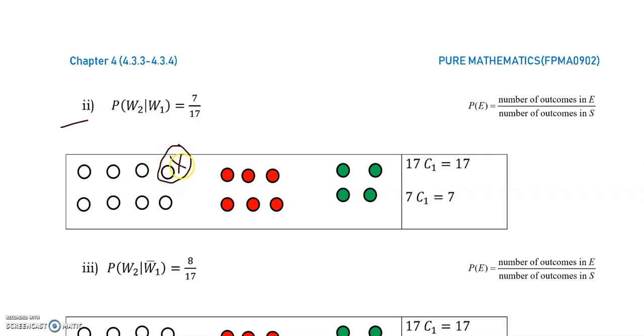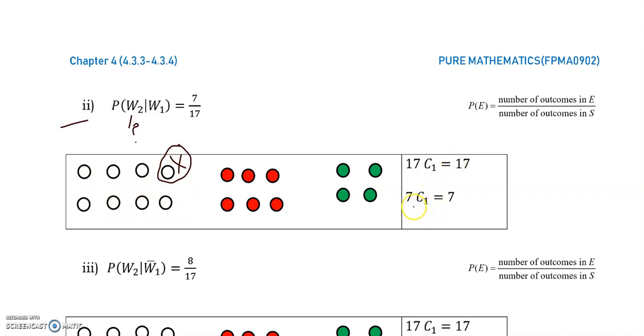After this event we have to calculate the probability of W2. So now the first ball is white, so I take out one white ball. Now what is the total number of balls? 1 2 3 4 5 6 7, 10, 17. Total number of balls is 17. Now we have to calculate the probability that the second ball is white. So now I select one ball from this box. Here I need a white ball. How many white balls remain after removing one white ball? 1 2 3 4 5 6 7.